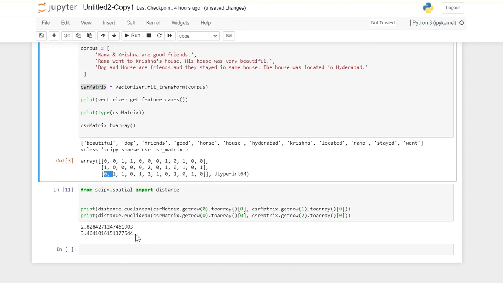So this is what I wanted to cover as part of this video. Now, as part of our coming lectures, we will make this code production ready, and we will implement this code on a real-time website, get the blog post, parse it, calculate the distance, and actually suggest the related blogs. That is what we are going to do in our coming lectures.